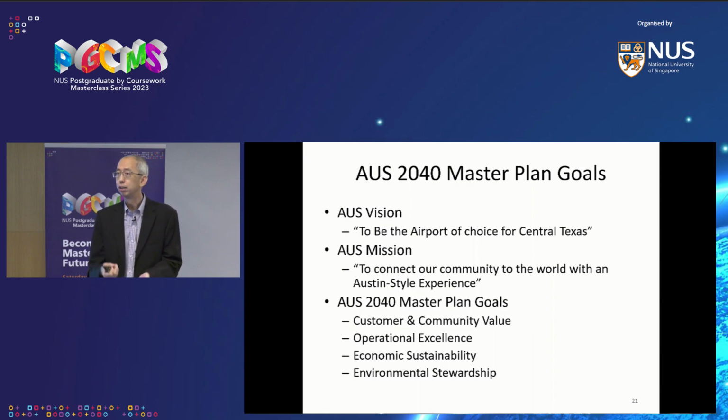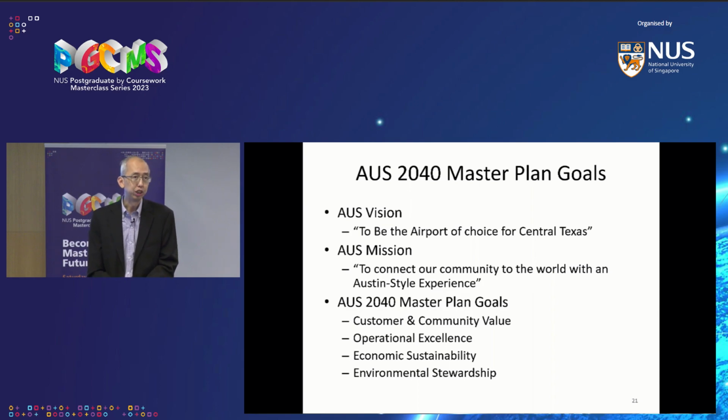The airport brings lots of jobs. The airport brings economic development. The airport allows for the city to be connected to other cities. In small towns, the airport is very vital because it could mean life and death, you know. For example, they have medevac services from a lot of the small towns, like in Canada. If you need treatment, you either get medevac by light aircraft or by helicopter, so that airport is very important for your community. And then operational excellence, of course, is one of the goals.